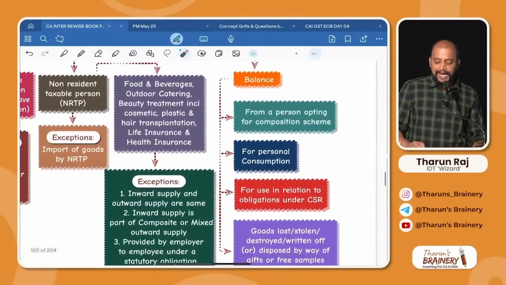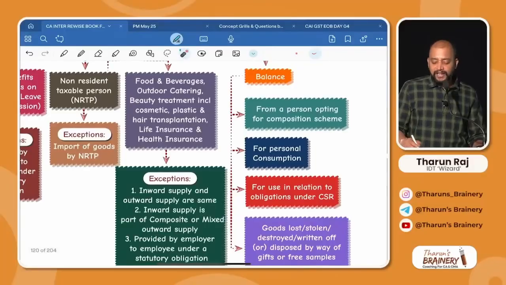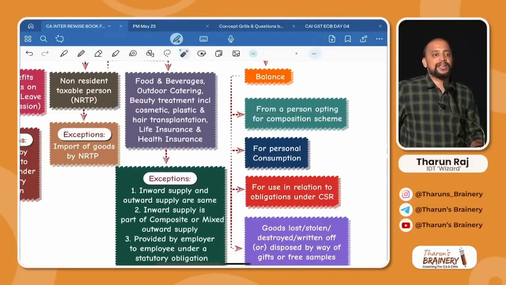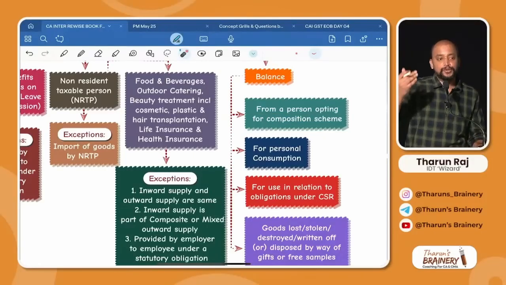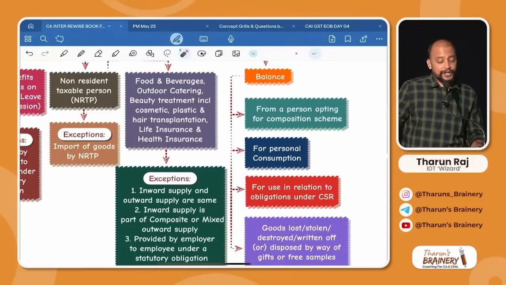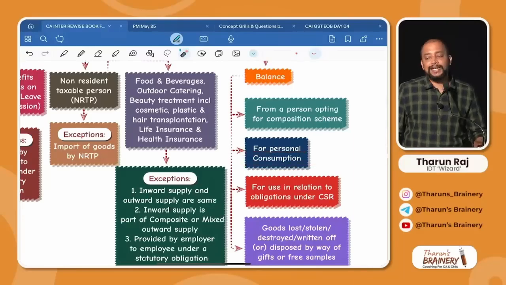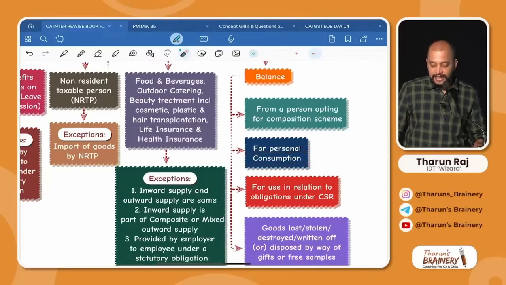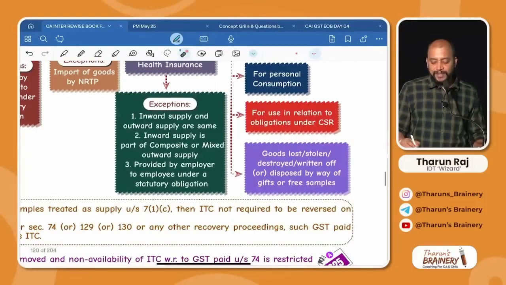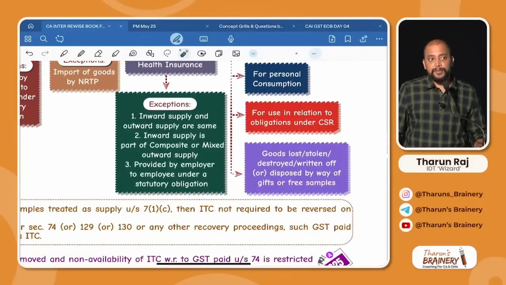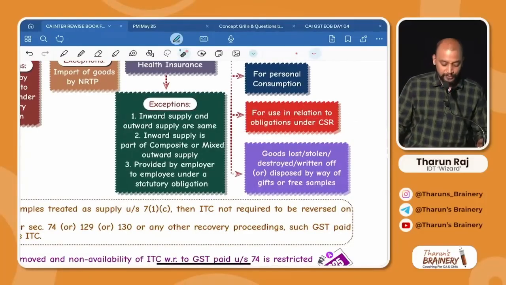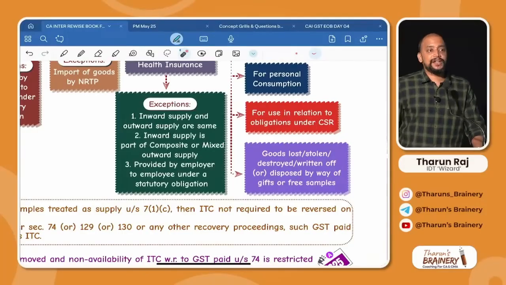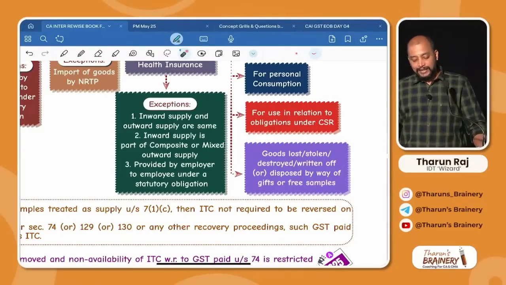Then see the balance. Suppose I am buying from a person opting for composition scheme, can I take ITC? No, because first of all, a person under composition scheme should not charge me GST. Even if they charge me GST, I cannot take ITC. Suppose I am purchasing any goods used for personal consumption, I cannot take ITC. And also if I am purchasing any goods for the purpose of CSR obligation, corporate social responsibility obligation, then also